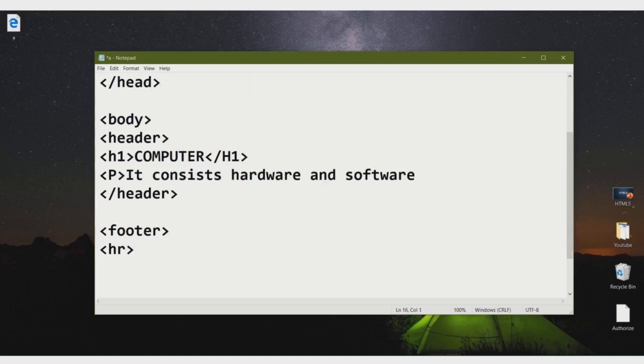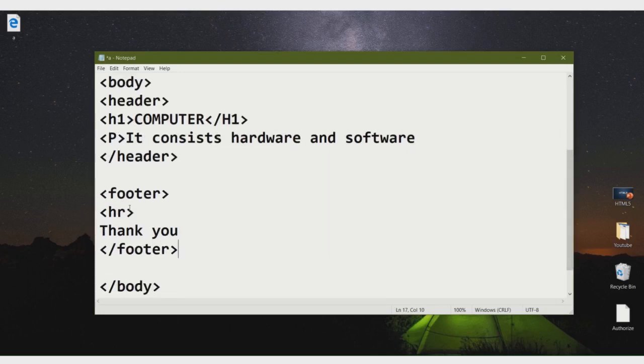Suppose I am writing, okay, this is the footer, and within body tag you have to write.